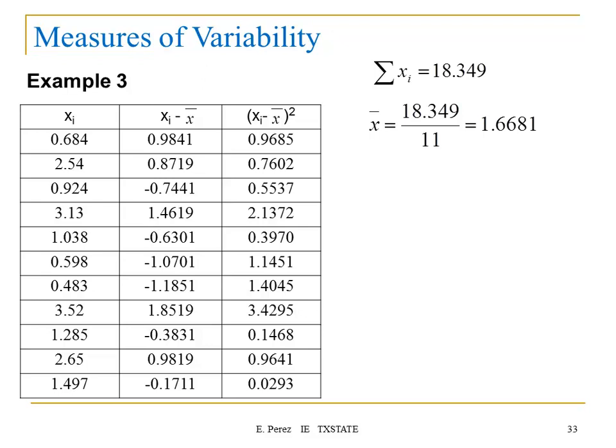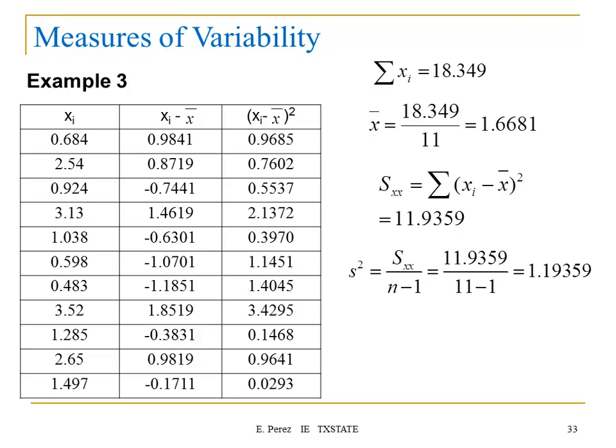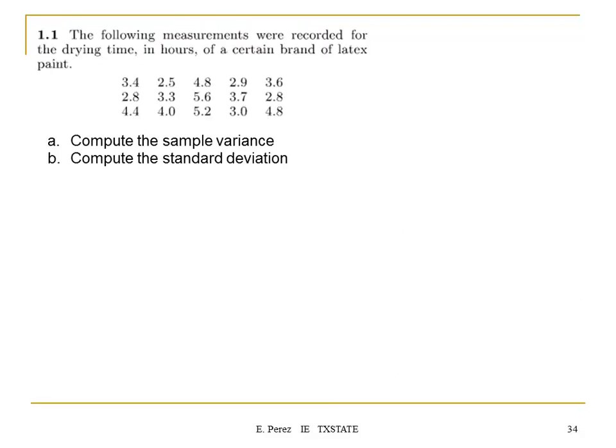And we discussed this problem. We showed you how to compute the sample variance for this group of data, which is in the first column. So you first look at the difference between the sample mean and the observation, and then you look at the square of this difference, and then you look at the sum of this column, which is going to give you this part of the expression, and then you divide by n-1. So today we have another example that is basically the same process. I want you to compute